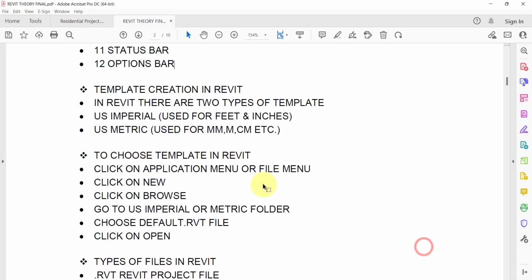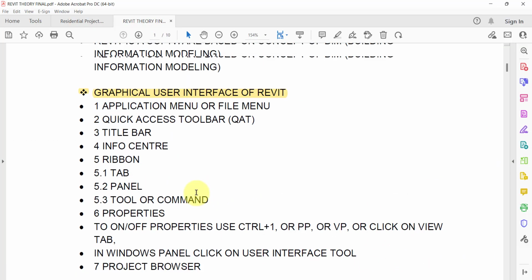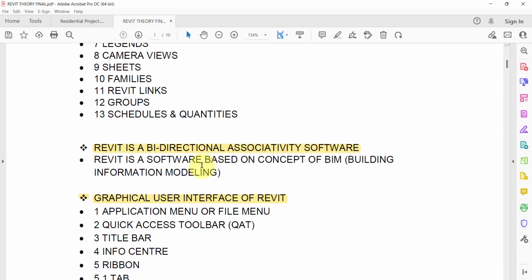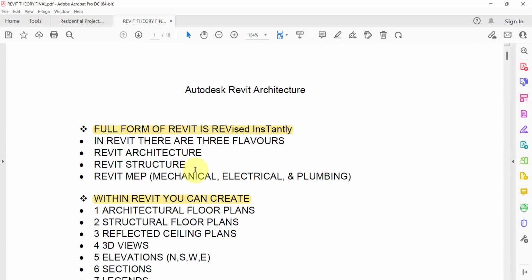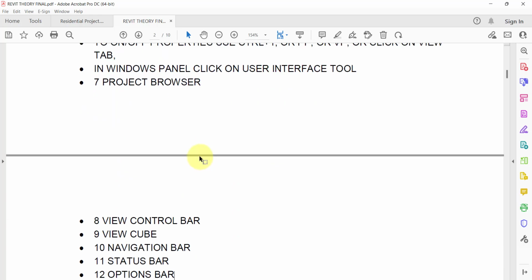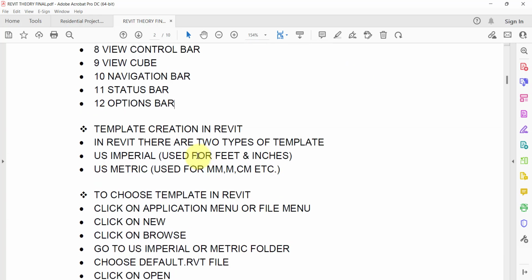So now we have seen what the graphical user interface of Revit is, and some background of Revit. Now we will see what the different types of templates available within Revit are. Okay, so when we install the software, Revit will ask you what type of library content you